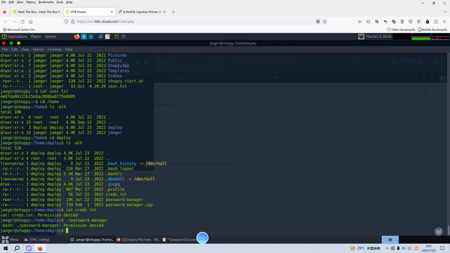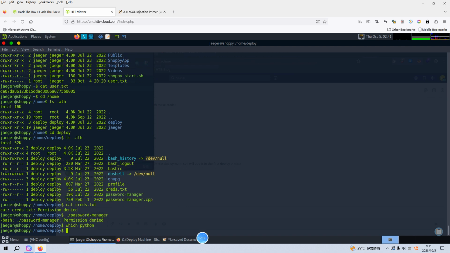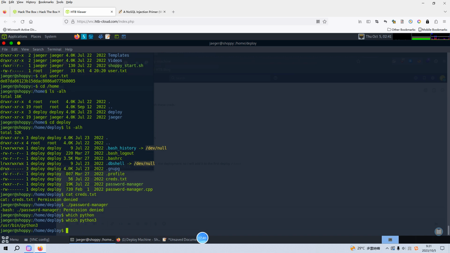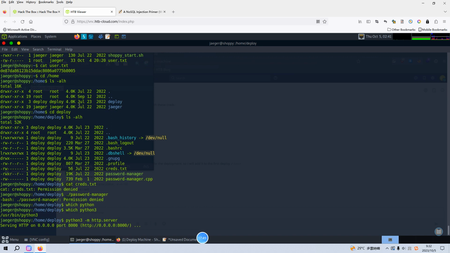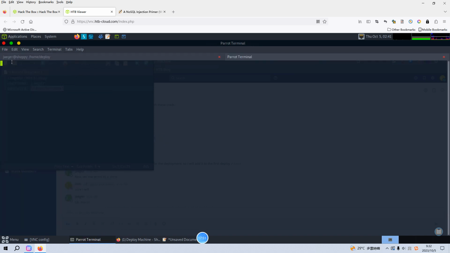So we can use Python, right? We can check the version of Python. Yeah, Python 2 is not there, then we can check Python 3. So we can set up the web server with Python. Now we can open up another tab to download